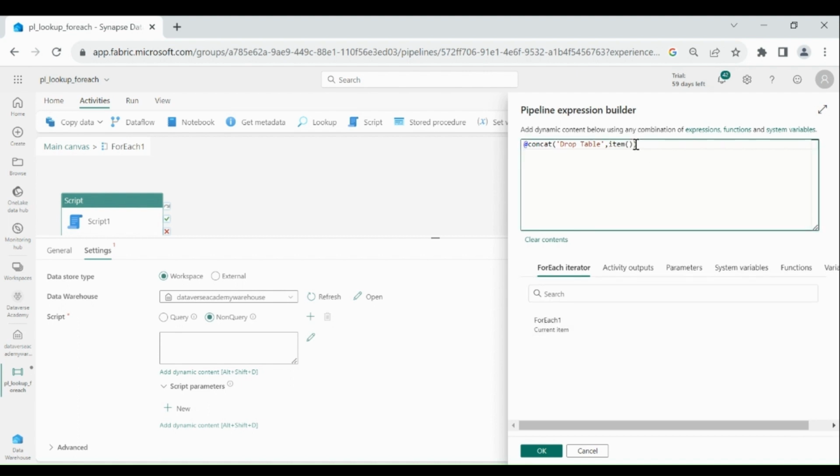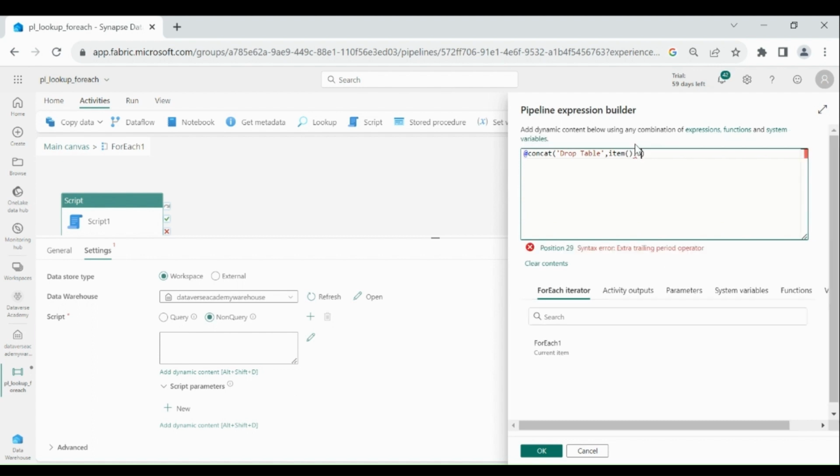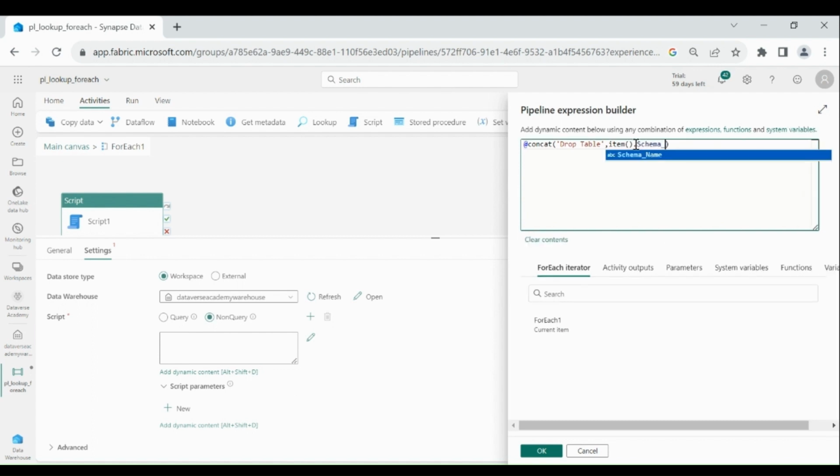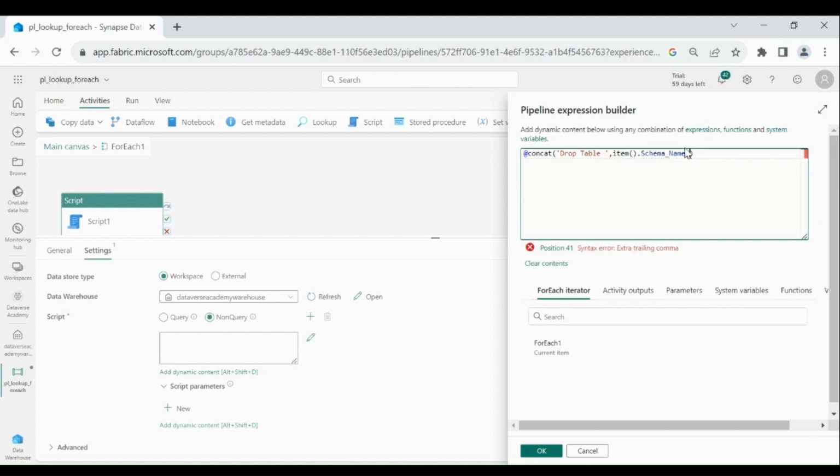After that, dot, write schema underscore name. Then we need to provide table name. So before that, we need to provide dot, because our statement will be drop table schema name dot table name.